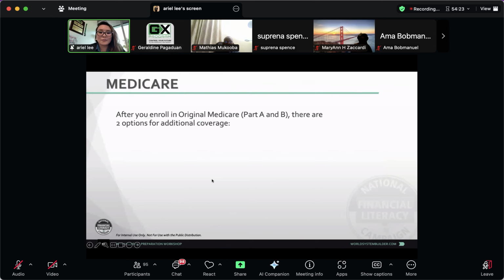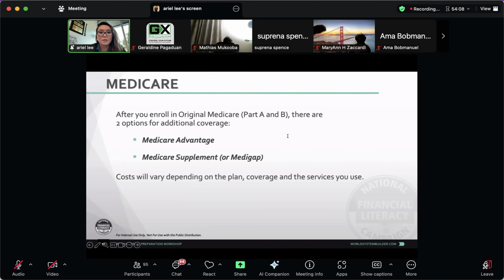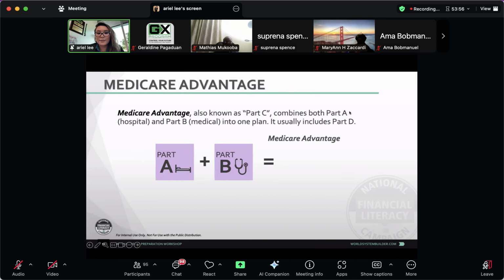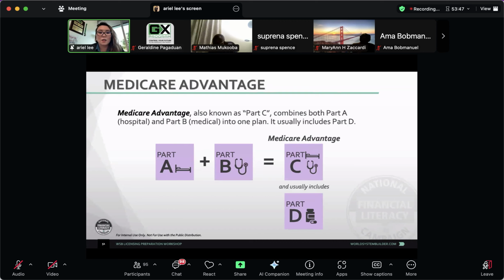But here is something that on the test they will ask, okay? After you enroll in the original Medicare Part A and B, the two additional coverages that people can think about are the Medicare Advantage or Medicare Supplement. Okay, of course, the cost will depend and varies on the coverage and the plan that you choose. So Medicare Advantage, also known as Part C, combines both Part A, the hospital inpatient, and Part B, the medical, into one plan. And it usually also includes Part D, which is the